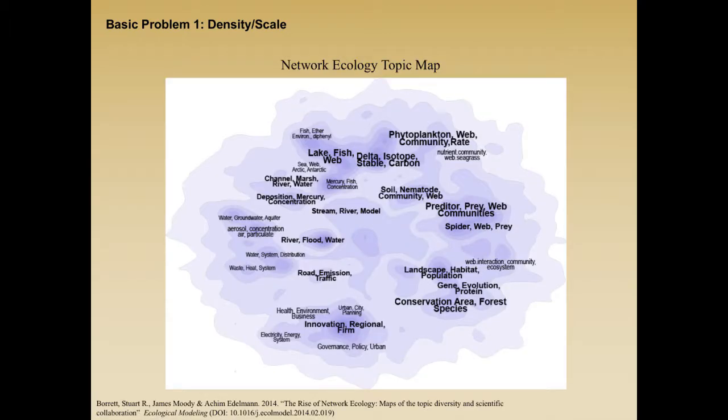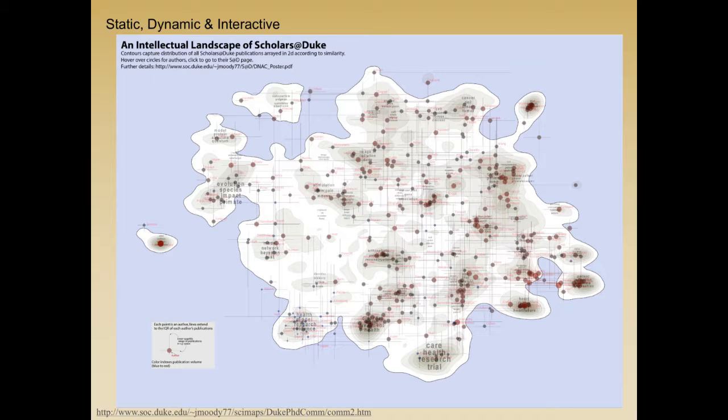You can zoom in to other things, right? So this is a representation of the literature about network ecology. And so again, it's a bunch of journals, but we've just thrown away the nodes and lines entirely because what we care about are these clusters, and we can then label these cluster topics. This is all scholarship at Duke with that same kind of model, right? So it's a way of looking at that.